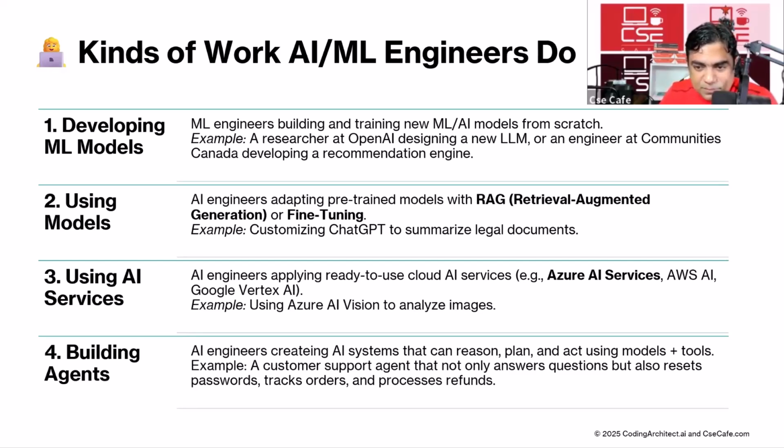Okay, how many of you have got irritated with those bots in the past? Because they cannot do anything, they just respond to you based on some pre-recorded context. So almost everybody here, right? So that is something that you can change with good AI agents. So if you look into any company these days, most of them will be saying AI powered, or we have an AI agent. They will have something related to agentic AI.